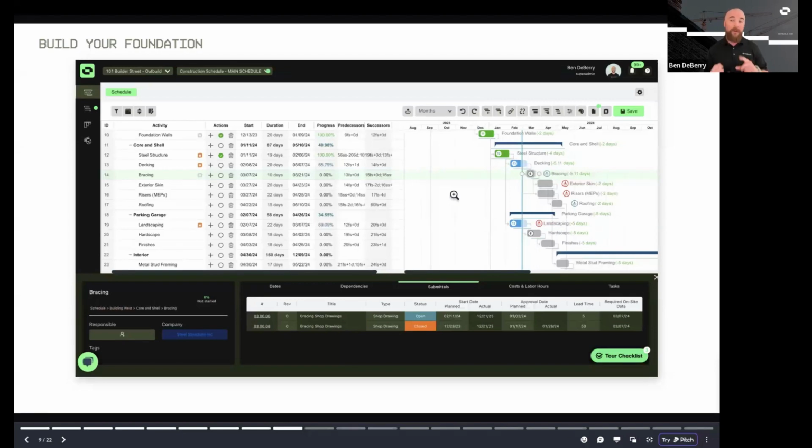We need to remember, we have a connected look ahead, so we can remove a little bit of detail. We can make our schedule a little more simple. We also can connect our submittals. We can use our RFIs to establish what might be a delay. And now we can publish a very simple schedule to Procore. And publishing that to Procore is what's really going to open up the floodgates to all of these different features.